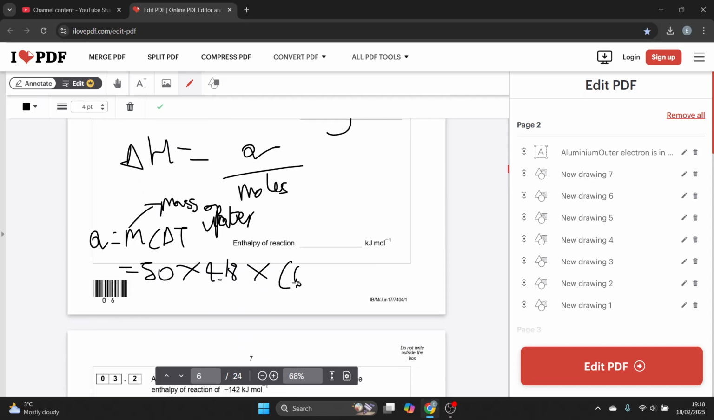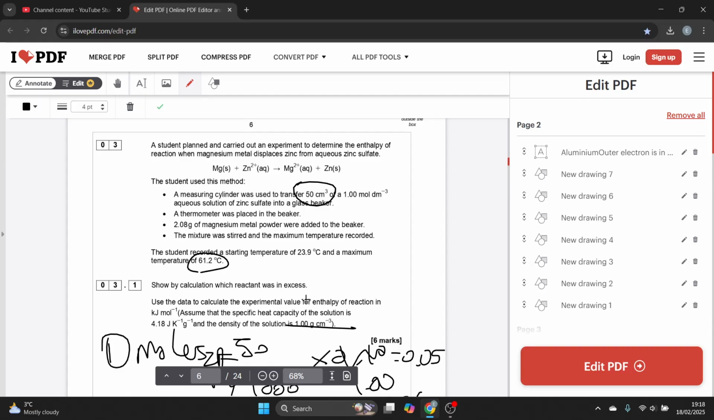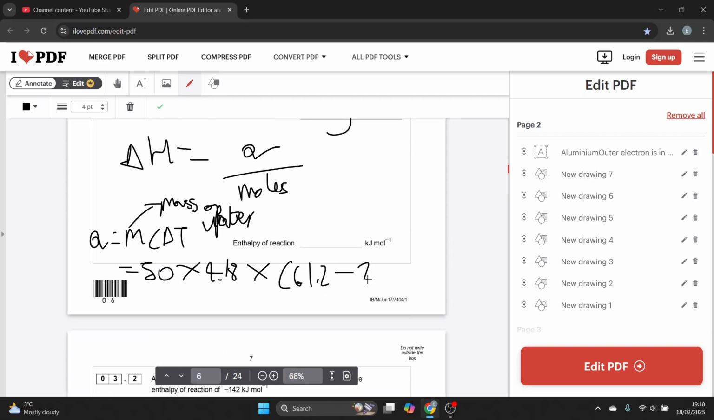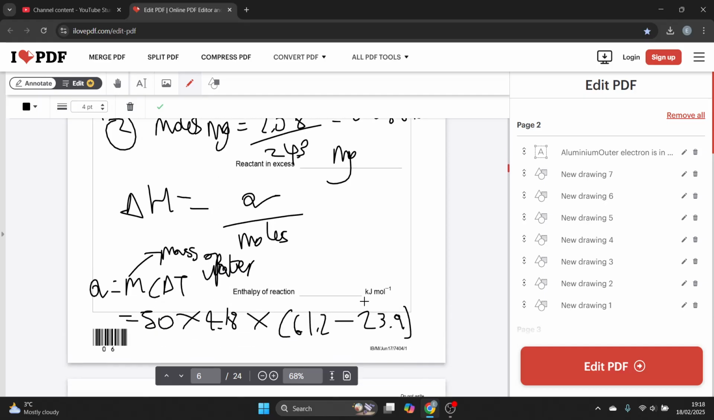61.2 minus 23.9. So 50 times 4.18 times 61.2 minus 23.9. Then I get my answer, Q, delta H, right? But Q needs to be in kilojoules, so divide by 1000. And then I get,